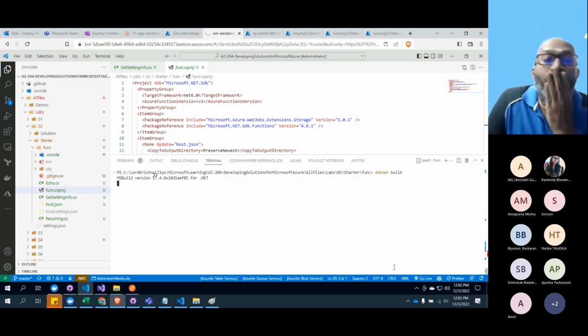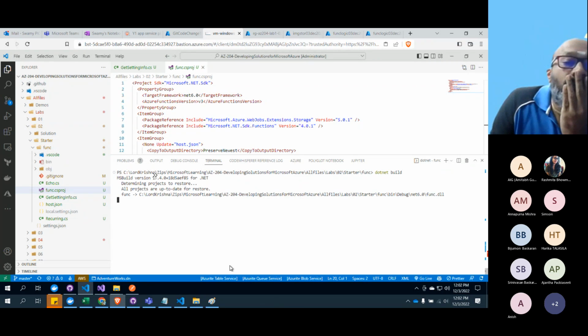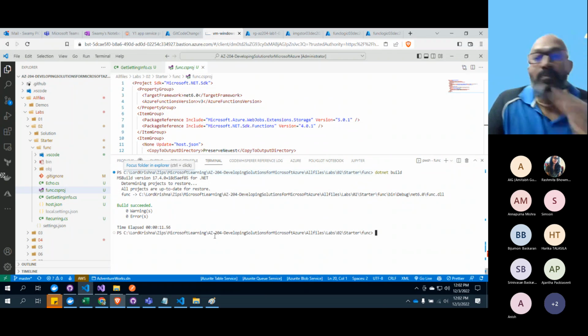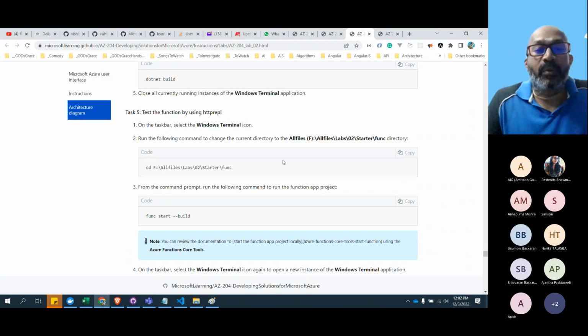.NET build. Let me minimize that. I'm a little skeptical, but if it is working, well and good. Cool, I'm happy with that. It's working.